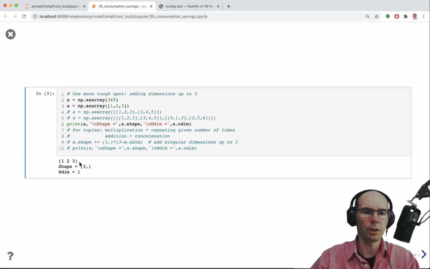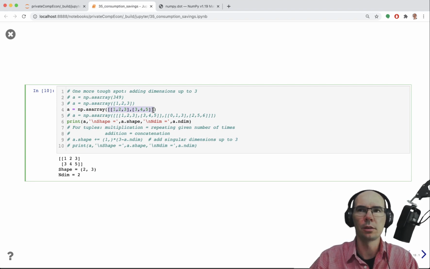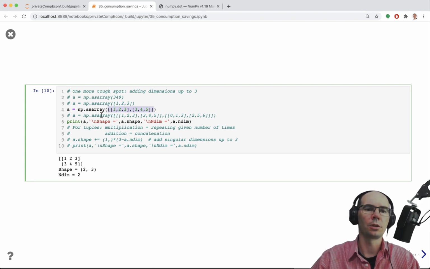If A is a vector, then we get the first dimension filled out, and the shape is a tuple of one element, because there's only one dimension in the shape. Whereas for matrices, you can see here that once A becomes a matrix, and the way I define it is just to have a list of lists, a nested list converted to the NumPy array, now there are two dimensions, x and y, and there are two elements in the first axis,